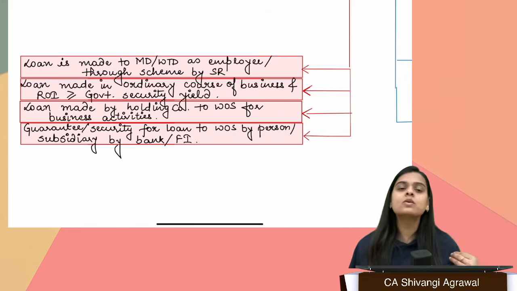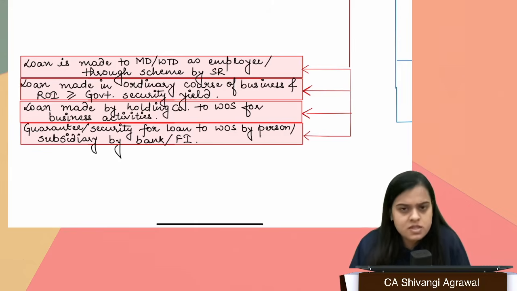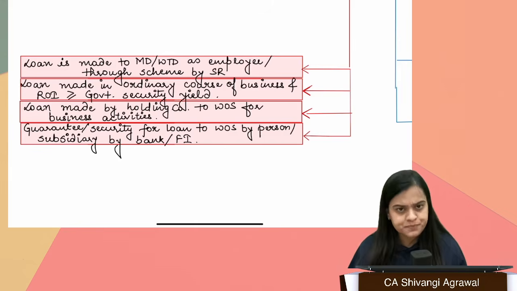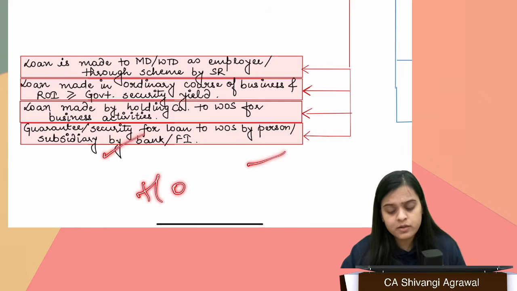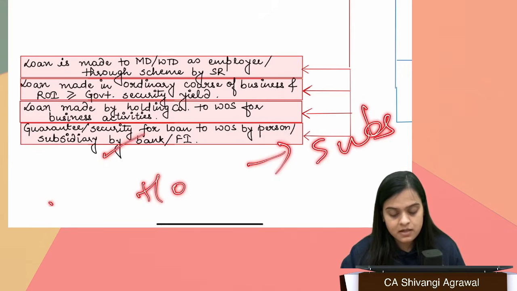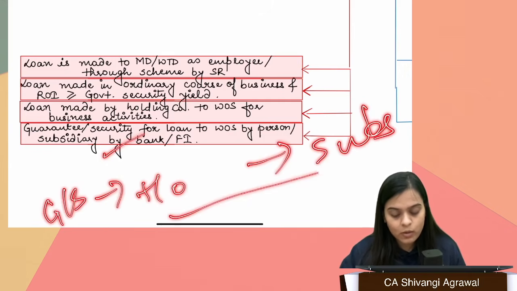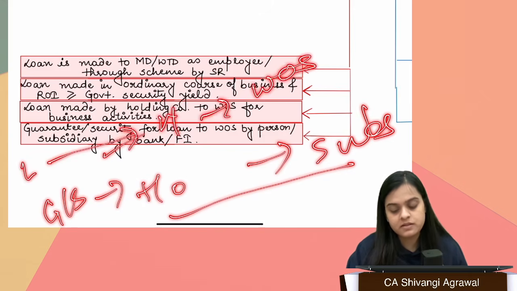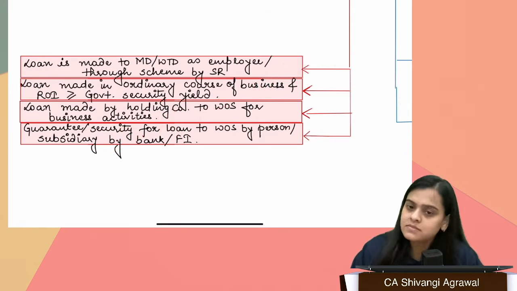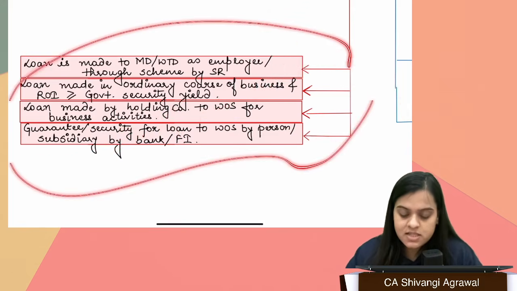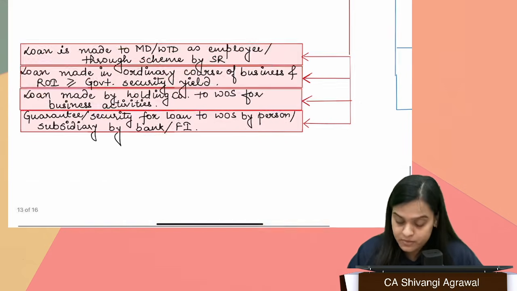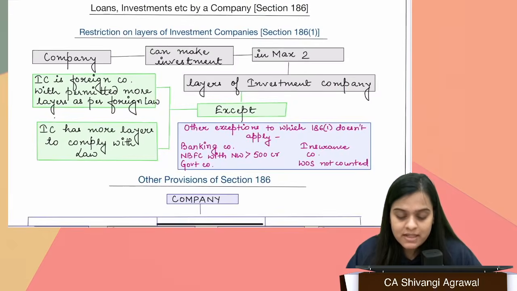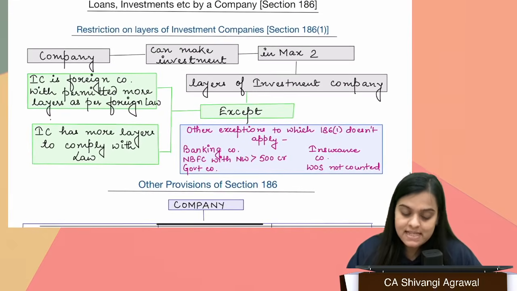Fine. If the loan is made by a holding company to its wholly owned subsidiary for business, fine. Or if you are giving a guarantee or security by the holding to its subsidiary. Guarantee or security by holding to subsidiary, loan by holding to wholly owned subsidiary. Fine, that is also allowed. So non-applicability on these 4 things, this particular section is not applicable. Moving to the next section, section 186,